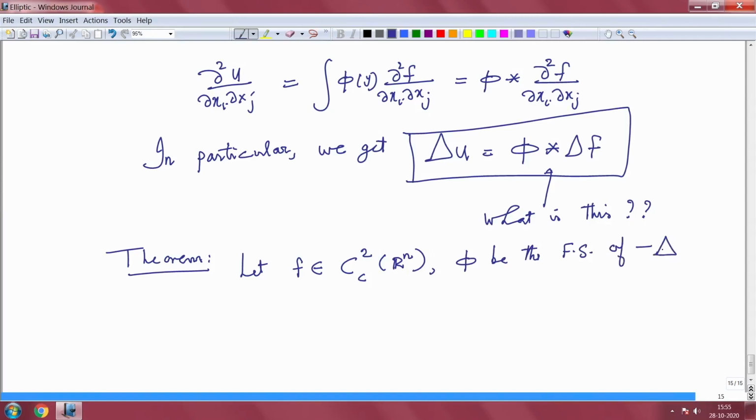You have to use the same thing. If you are changing the sign, and some books may use the fundamental solution of Laplacian, there will be a sign change. Define u equal to phi star f, then